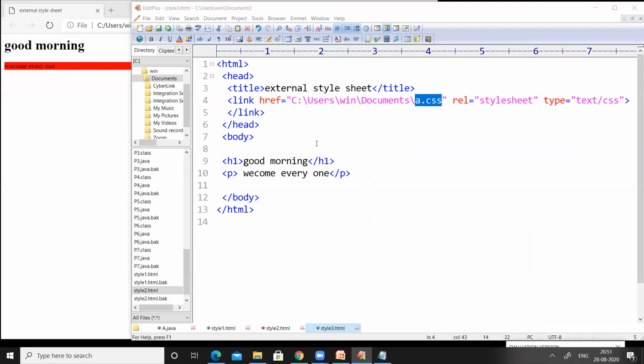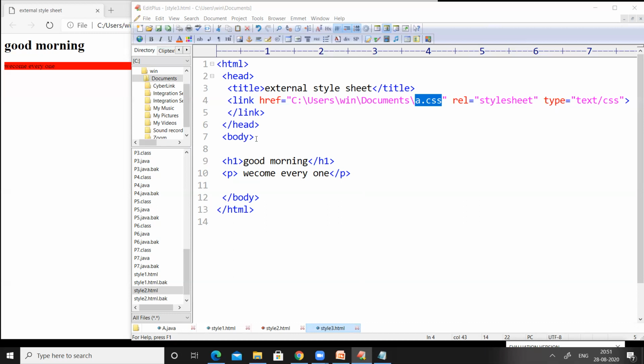So let us look at the next code. We closed the link tag. We closed the head tag and we open the body tag. And inside the body tag, we have used two more tags, H1 and P. We all know that H1 is the heading tag, which is having largest font size when compared to all the remaining heading tags.